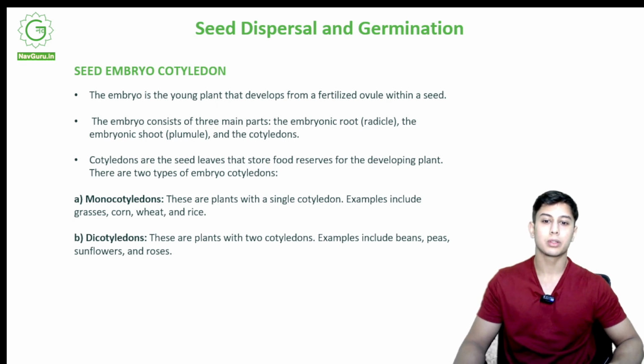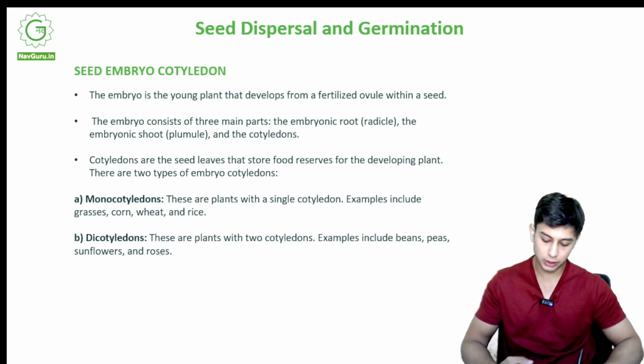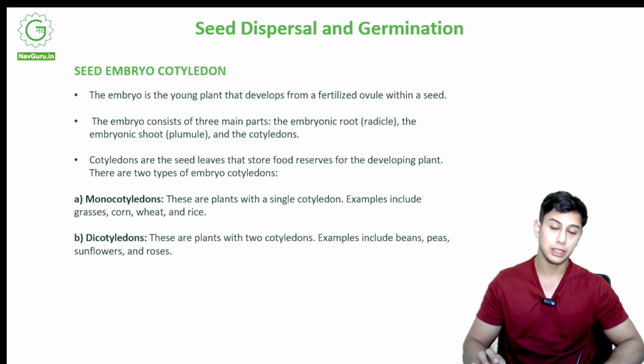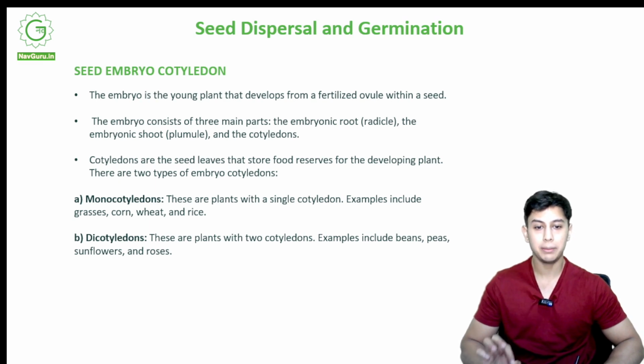Seed, embryo, cotyledon. The embryo is a young plant that develops from a fertilized ovule within a seed. So a seed has a fertilized ovule inside it, which will grow into an embryo, and the embryo is the young plant that grows into a bigger plant. So that is the embryo. The seed contains the embryo. Okay, the embryo consists of three main parts: